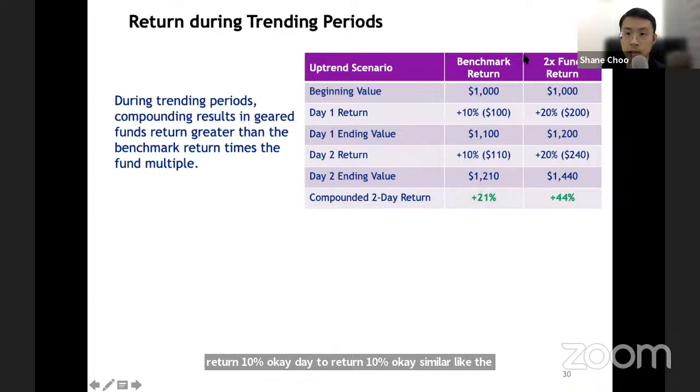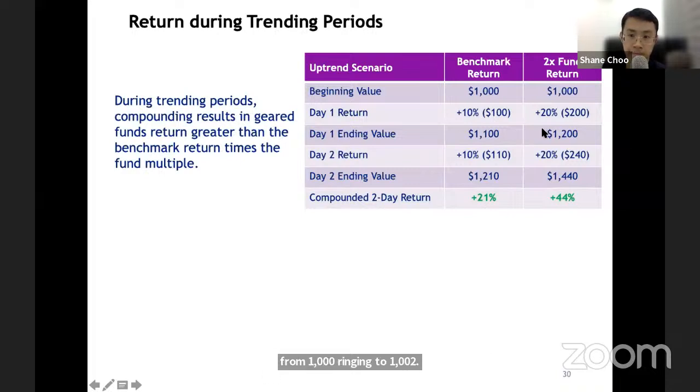Correct or not? So for 2 times return, you see it's 1,000 ringgit. Day one return is double, so it's plus 20%. So your portfolio, the 2 times leverage NAV will grow from 1,000 ringgit to 1,200 compared